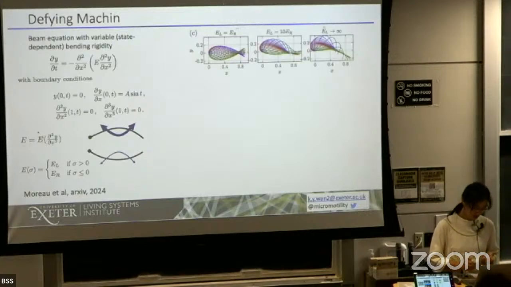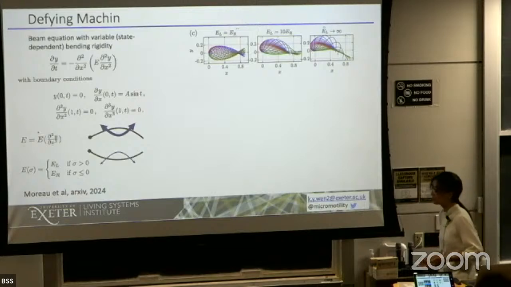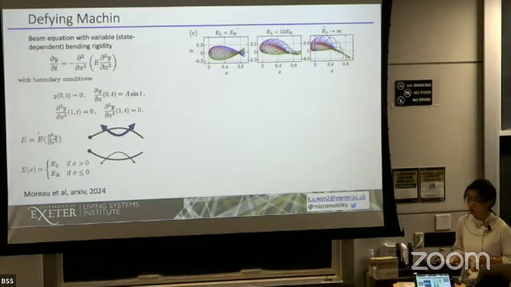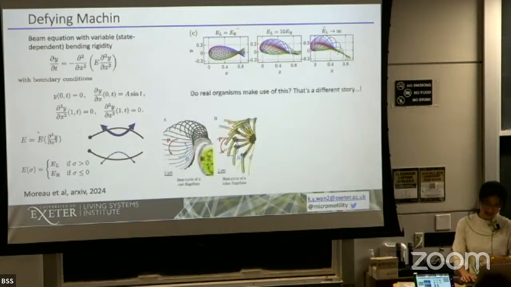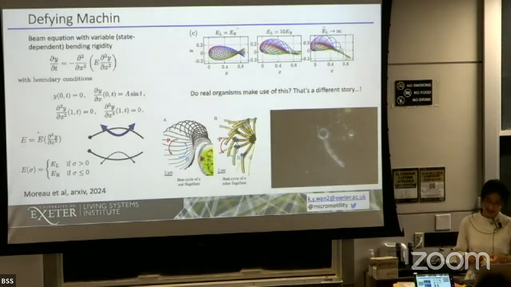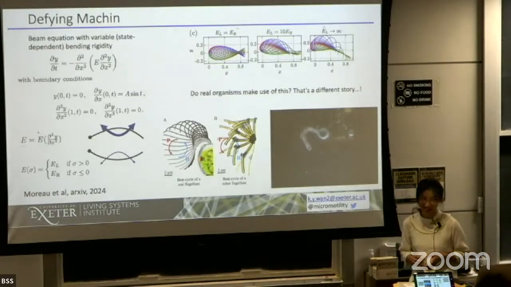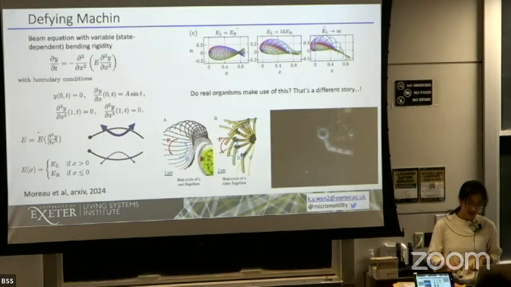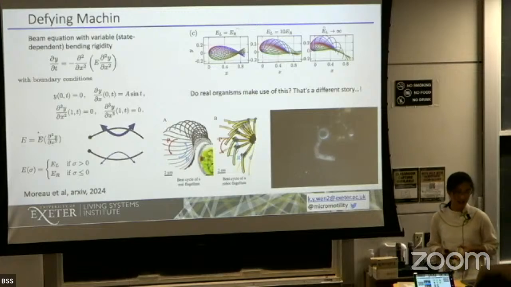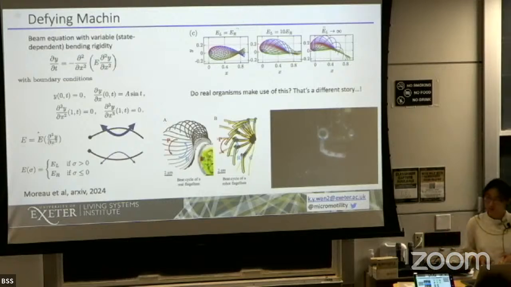And so it turns out that this very simple modification actually allows you to sustain much higher amplitude waves compared to the case where the bending rigidities in the two directions are identical. And so what this means is that we can then try to engineer a filament that looks like a cilium using boundary actuation. This is, of course, not how real cilia operate, but if you're thinking about synthetic analogs,